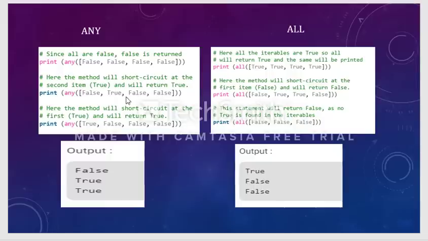Okay, so take a simple example: suppose you want to apply for a particular job, like a software engineering job. What are the basic requirements? First of all, you should have a degree. That is the first condition.